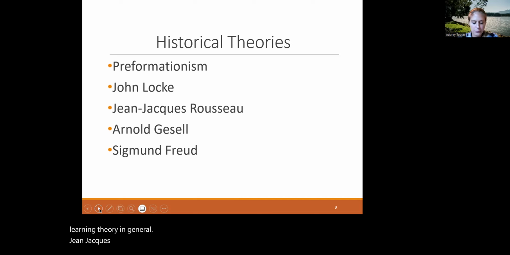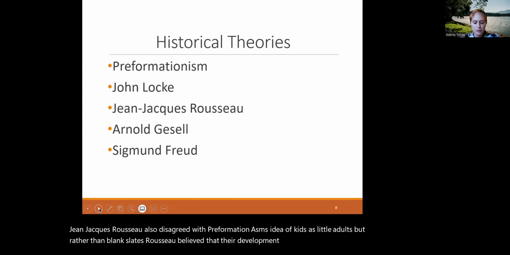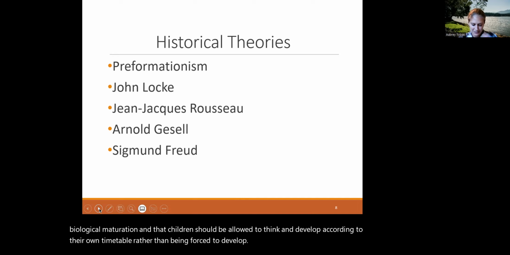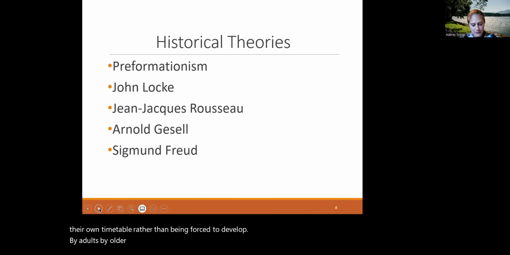Jean-Jacques Rousseau also disagreed with preformationism's idea of kids as little adults, but rather than blank slates, Rousseau believed that their development occurred due to their biological maturation and that children should be allowed to think and develop according to their own timetable rather than being forced to develop by adults, by older individuals. Rousseau is considered the father of developmental psychology, and his point of view strongly influenced Gesell, Montessori, Piaget,